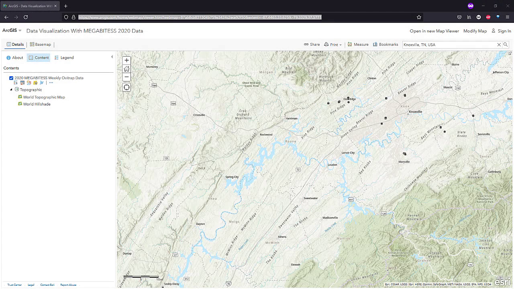Welcome back, Megabytes teachers. In this video, we are going to demonstrate and practice changing the style of our data depending on whether or not we want to represent qualitative or quantitative data. And if we want to represent quantitative data, how do we want to represent that? By the size of symbols, the color of symbols, and what happens if we want to show two variables at